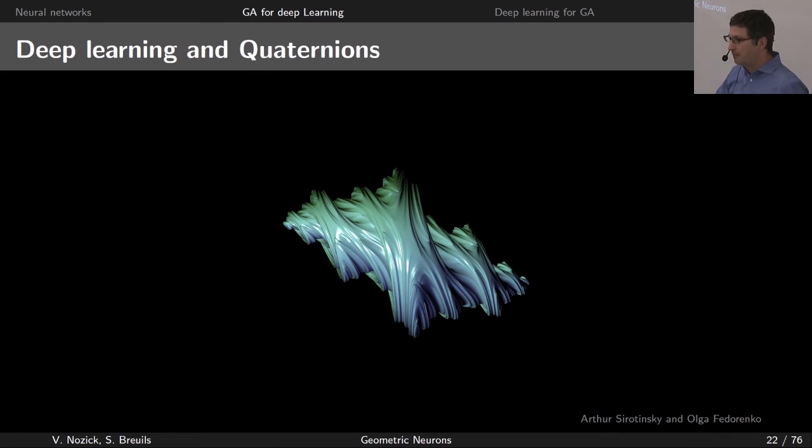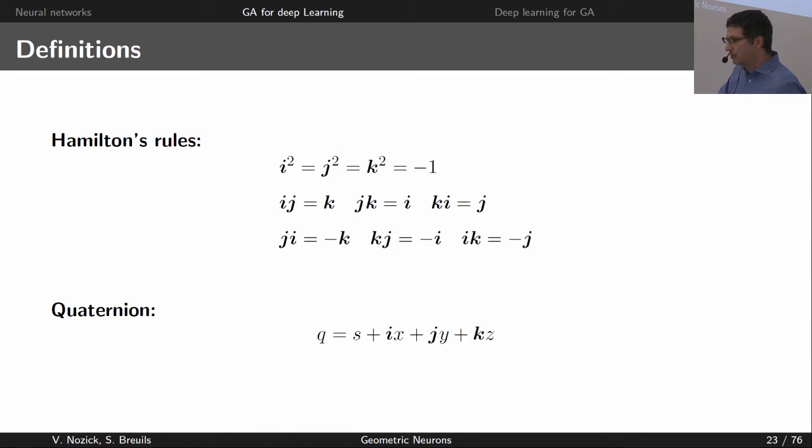Complex numbers, they are fine, but quaternions look better. So maybe we should consider quaternions. Okay, if we want to remind ourselves a bit about quaternions, we can just start with the Hamilton rules. What Hamilton wanted to do was to extend the complex numbers to 3 dimensions. And he could find these 3 numbers, i, j, k, with a very nice behavior. And then he could express or present quaternions. Quaternions look like this.